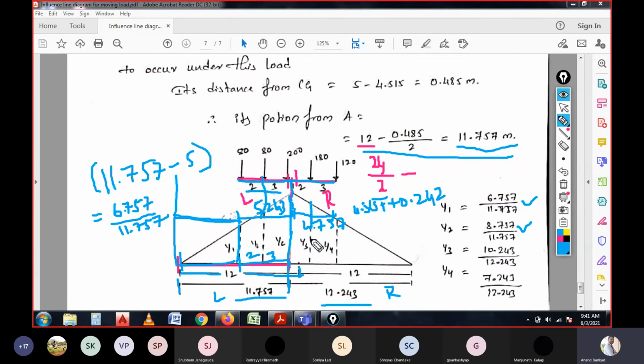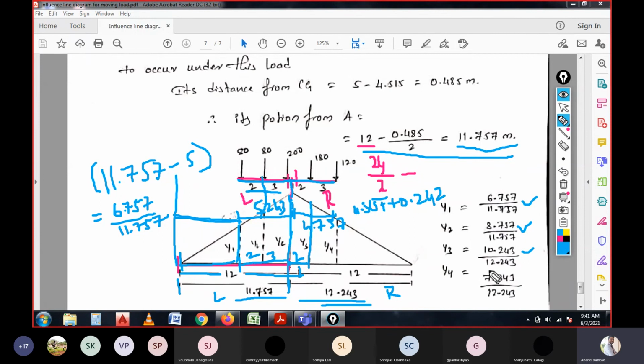And for y3, since it is from the right side of the section, in the total span of 12.243, it is 2 meter, and the remaining will be 10.243,